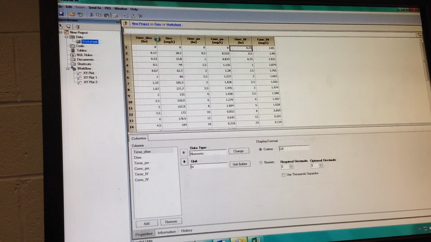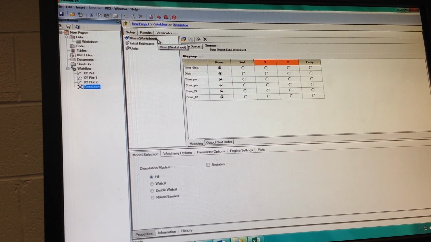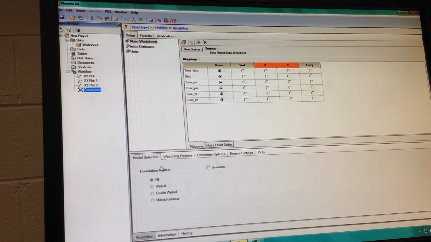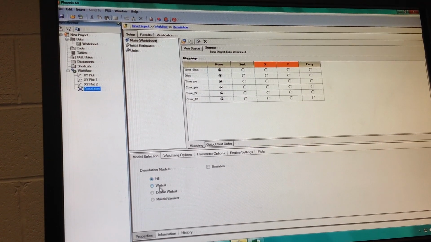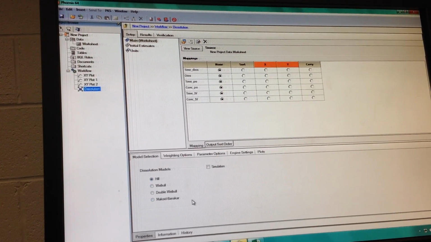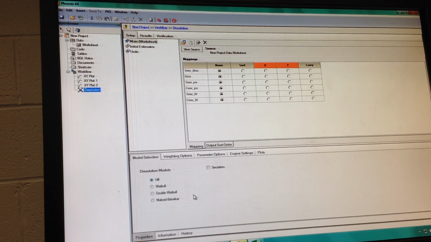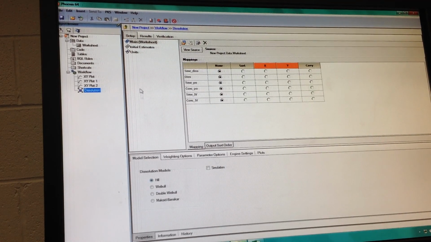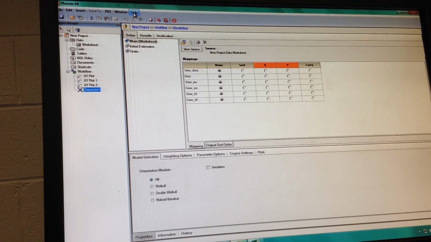Mm-hmm. And you just have to choose, you have 4 models. Do you do this model or not for dissolution in whatever other classes? You see, we have Hill model, Weibull model, double Weibull, McCoy, Benneker model. Did you ever hear about these models or not? Never. Okay. So if you want, you might want to go to Help,